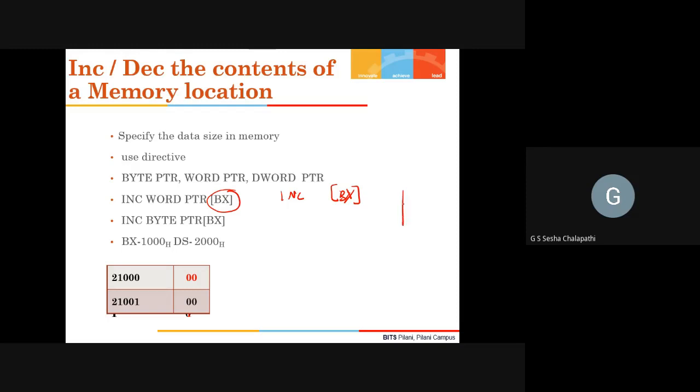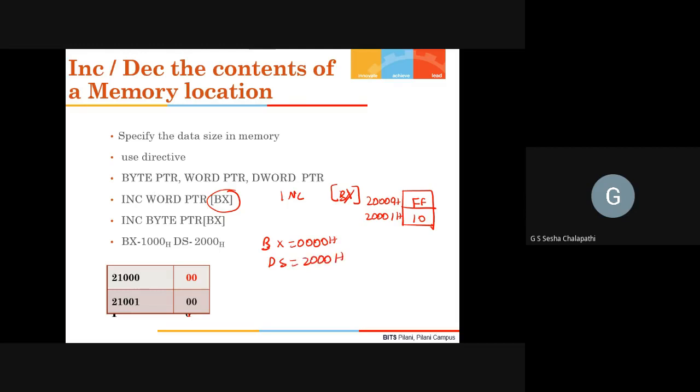That means, let us say that you have contents like FF, 10H. Let us say that your location 20,000H is this, 20,001H is this. Now, let us say my BX value is equal to 0000H and DS value is 2000H.